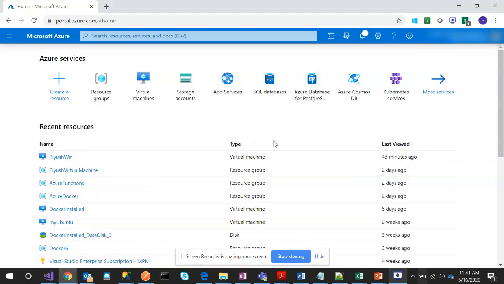Right now, I would like to let you know that there are a couple of ways to create Azure Cosmos DB. One way is through Azure portal, and another way is by setting it up on your local machine as a local emulator. You can do it by installing the local Azure Cosmos DB emulator on your machine.